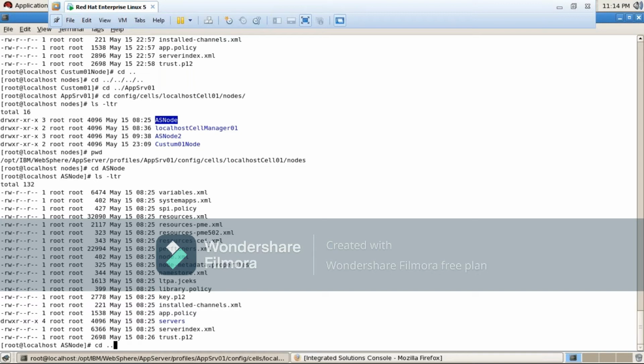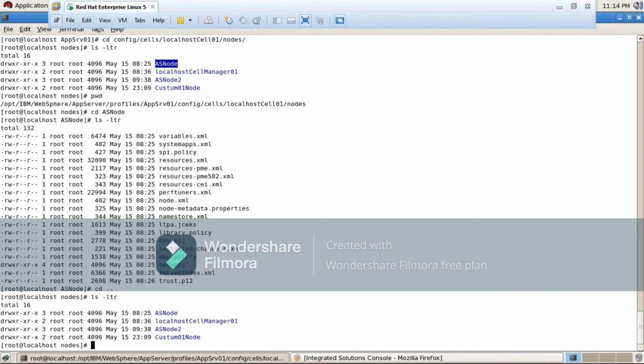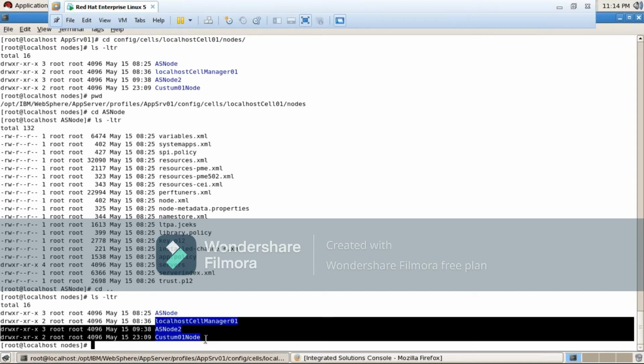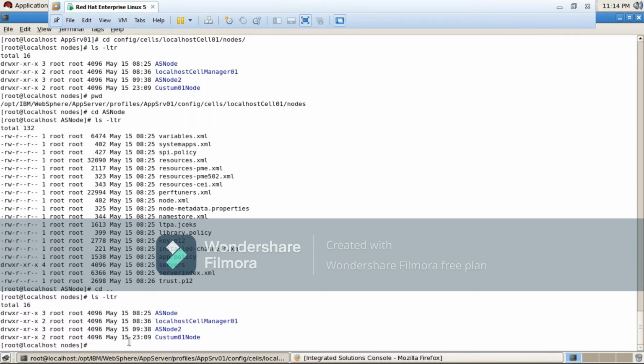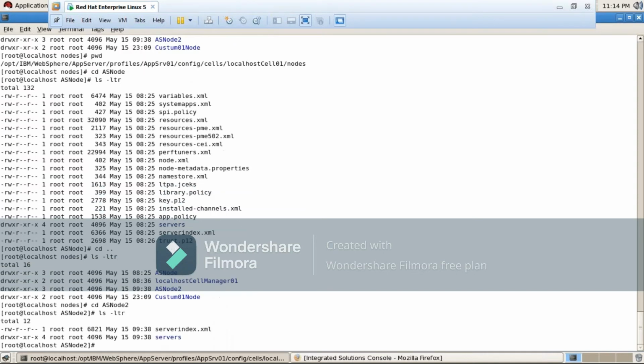If you come out of it and log into any of the remaining 3 except its own node, you will see only the serverindex.xml file. I get it, sir. You got it, right? You will see only the serverindex.xml file.